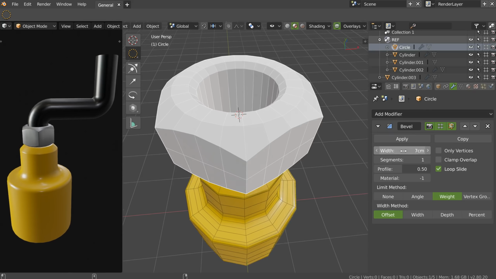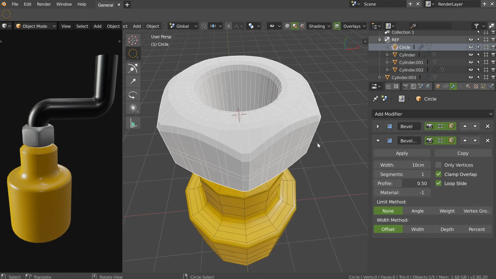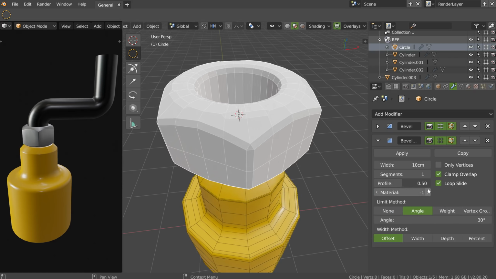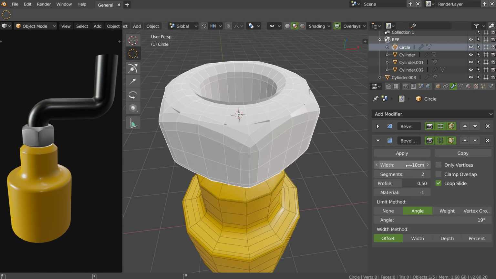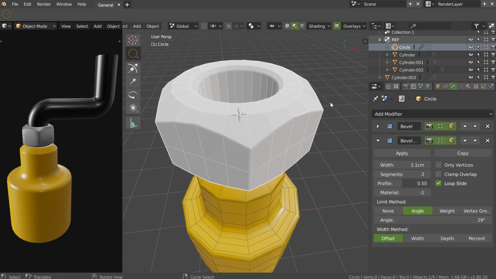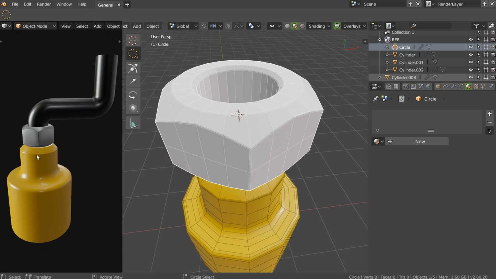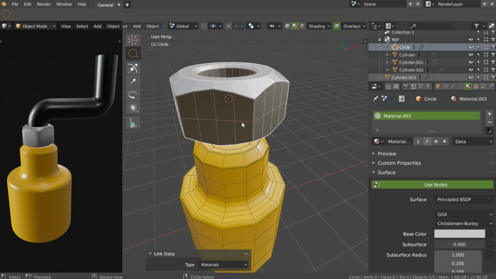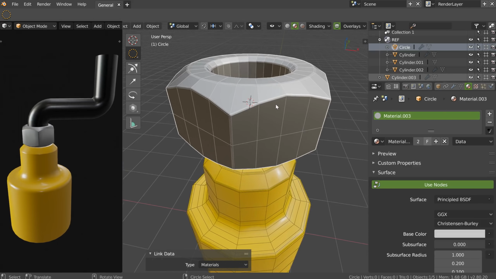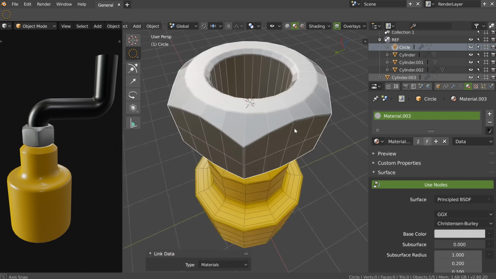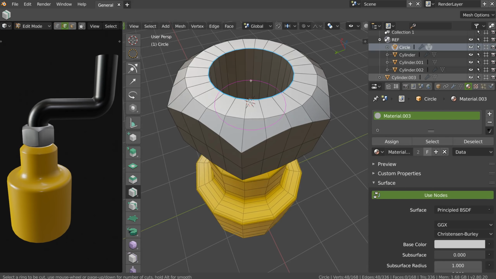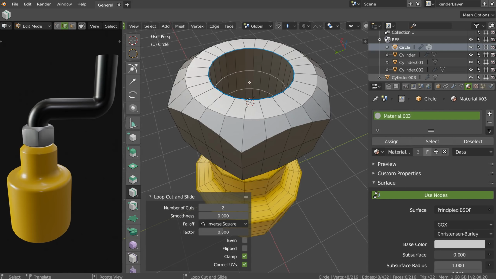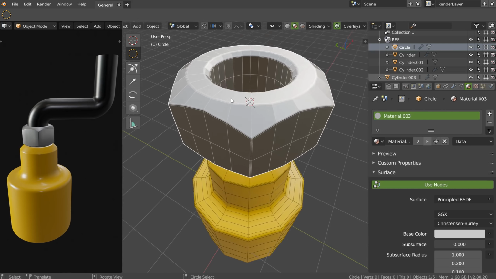So I will disable this. I have this result, and now I will add another bevel. I will make it in angle. I will play with my angle like this, add some subdivisions, and do this. And as we can see, I will just call this one Control L and material. And as you can see, I have my object. It's nice. I can add one subdivision, or maybe 3 or maybe more, but I have my object.